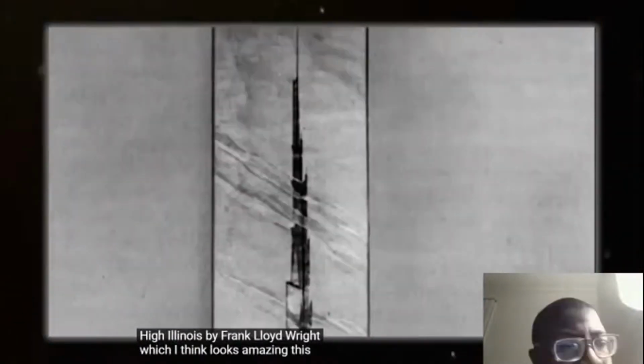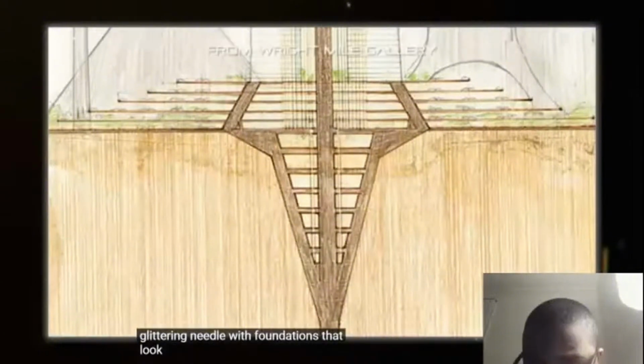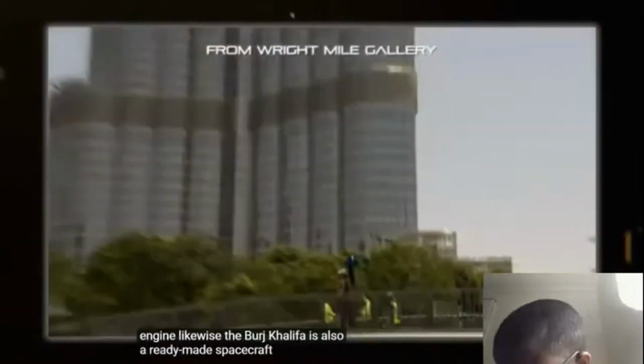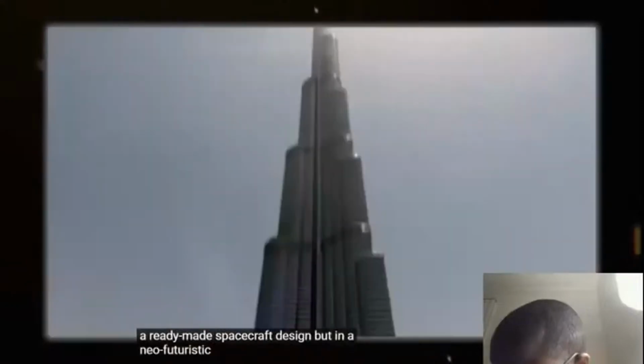This vast, glittering needle with foundations that look somewhat like a giant aerospike engine. Likewise, the Burj Khalifa is also a ready-made spacecraft design, but in a neo-futuristic style. Neo-futurism, more than most other styles, is where spacecraft and architecture really blend,